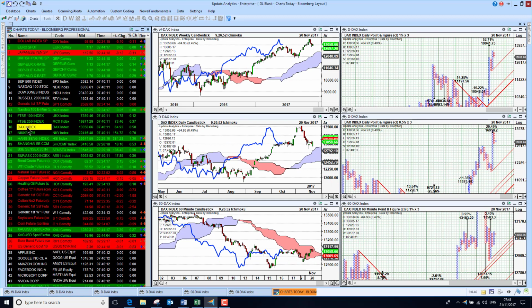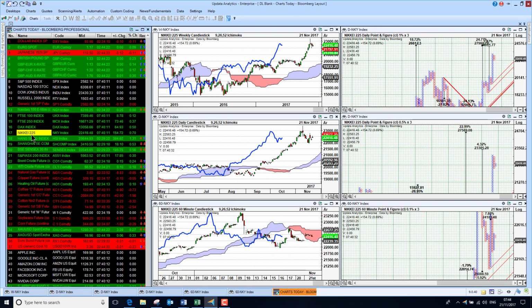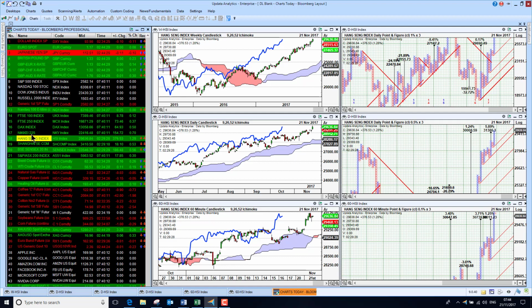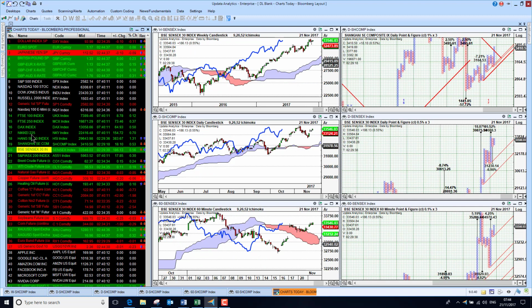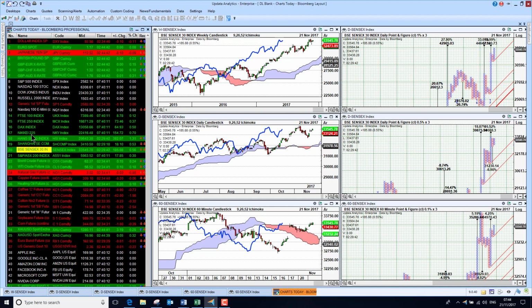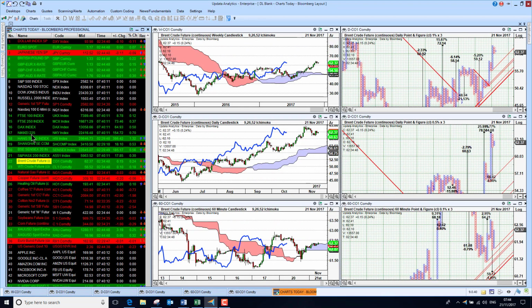The DAX looking bearish below the cloud, but bullish medium and long term, and the Nikkei 225 also looking bearish below the cloud. Hang Seng is looking bullish on all 3 time frames, so the Chinese market looking pretty strong, and the Shanghai index also recovering into bullish territory, so China looking pretty strong again, and the Indian market back above the cloud on the short term, so the Sensex looking good too. The Australian market fairly flat at the moment, bearish below the cloud on the short term,